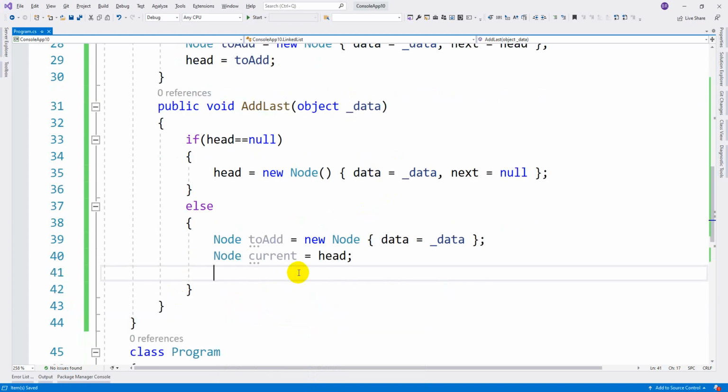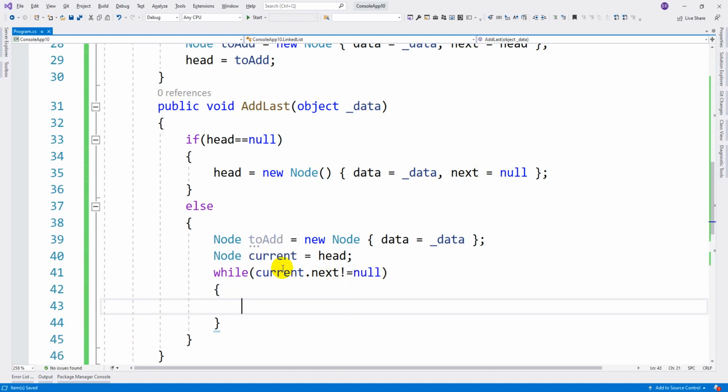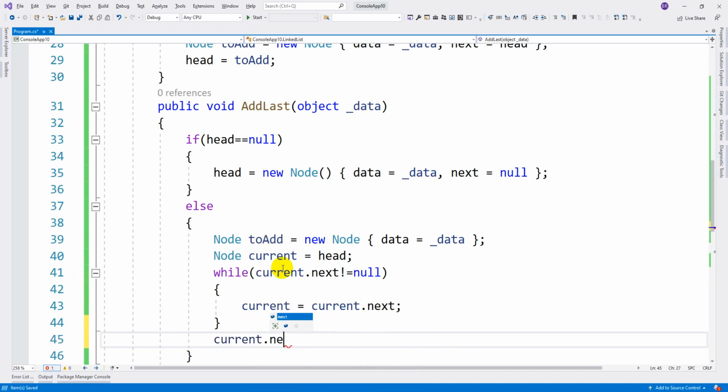while current dot next not equal to null, because we are inserting at the ending, right? So current element equal to current dot next element. So now the next element also will be this element.